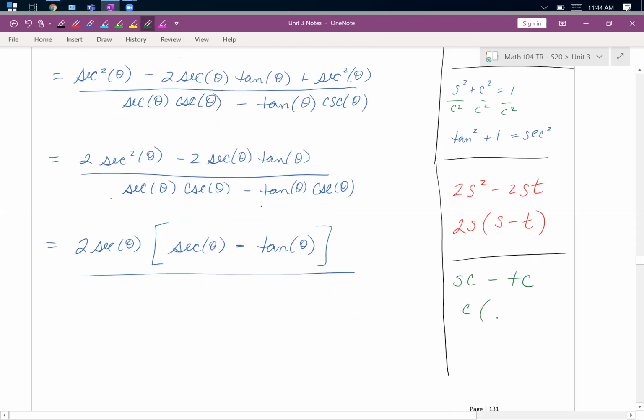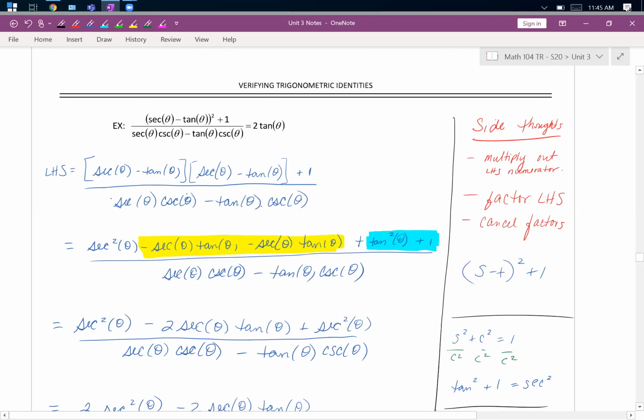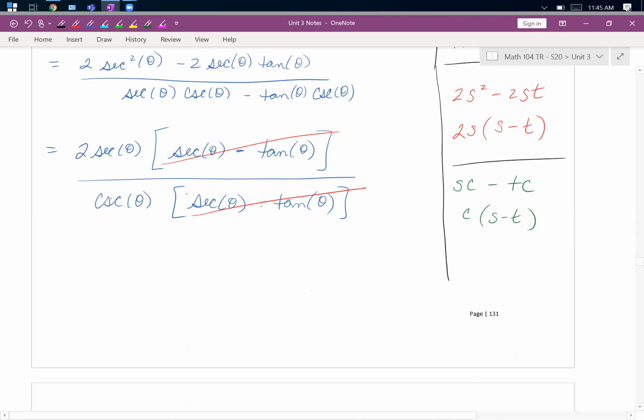You got it. And now that we are in factored form, we can cancel any common factors. So we have secant minus tangent on the top and bottom. Just looking at what we're trying to get to, tangent, we're going to be left with 2 secant